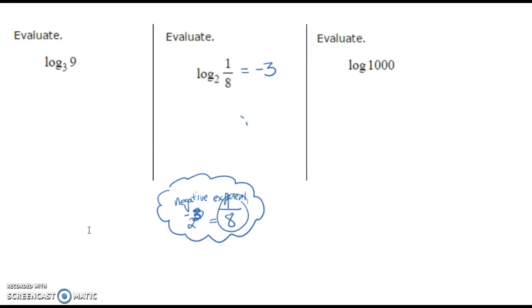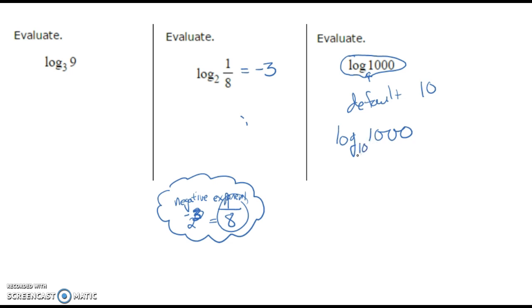Now, just when you think you've got this stuff figured out, here comes an example where I didn't write a base down for you. There's nothing written there. One of the things about logs, and specifically the word log, when you see a log and they didn't write a base, the default value is definitely going to be 10 every single time. So if you see log and there's no base and it upsets you, feel free to put a little 10